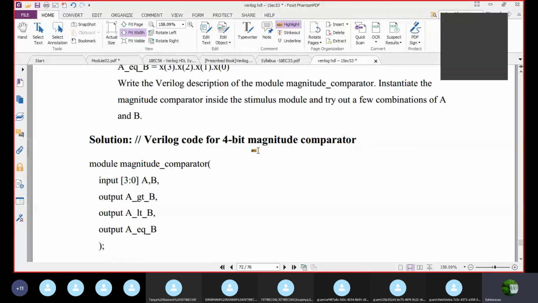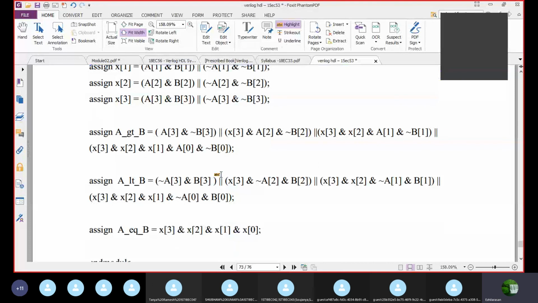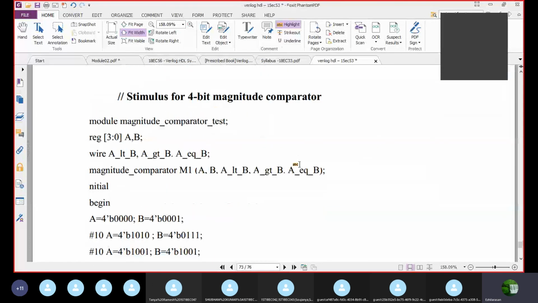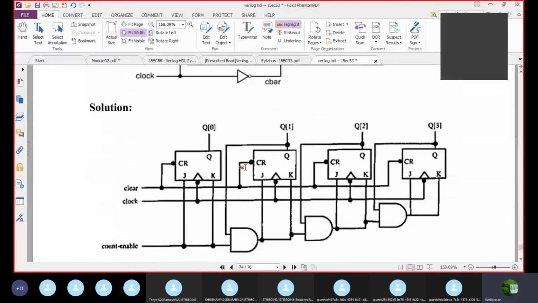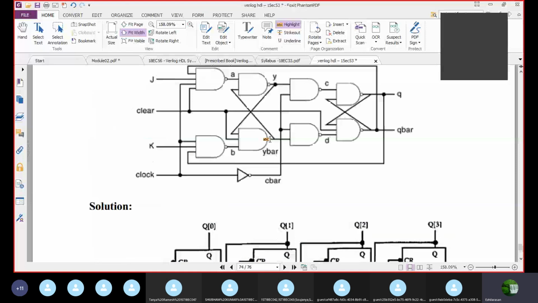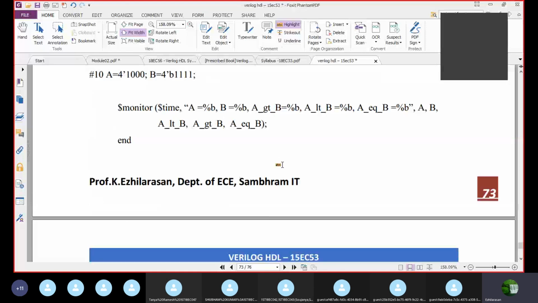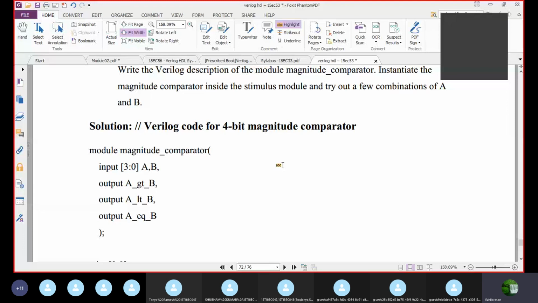Next here, one more thing, they have given the master slave flip-flop. Then 4-bit synchronous counter using JK flip-flop. Master slave JK flip-flop, for that the stimulus. So all these things you have studied already, because I gave the idea in the beginning class itself on how to write. So use that and go through and study this, because in the examination they may ask.